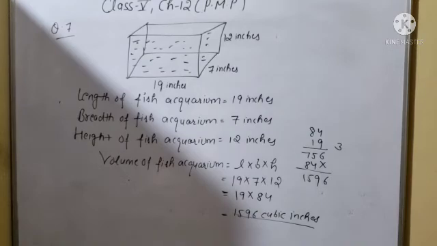So it will be 19 into 84. Okay, and after that multiply it and you will get the answer 1596. And the volume will always be in cubic units: if it is given in meters, write meters, centimeters, inches, whatever is given you will write as it is. Okay, so this one will be the volume. So this was your question number 7.